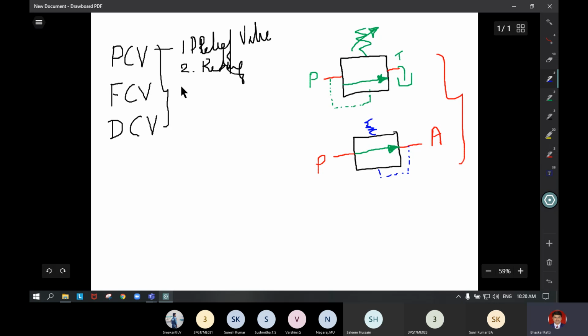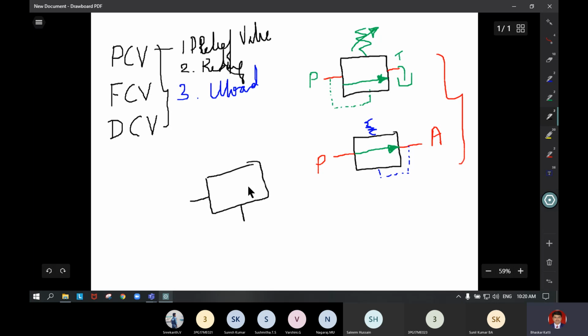Then the next one, the unloading valve. The unloading valve is just similar to your relief valve. The only difference is that instead of sensing from the signal input, a separate actuation method is given here.